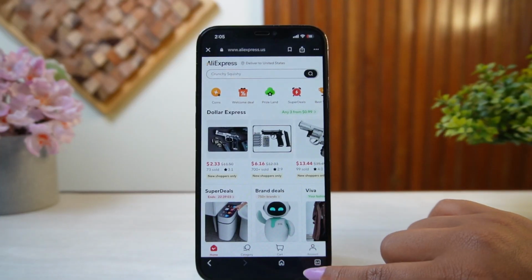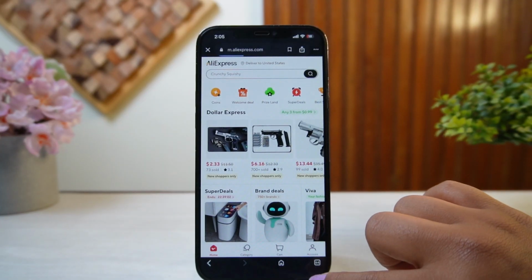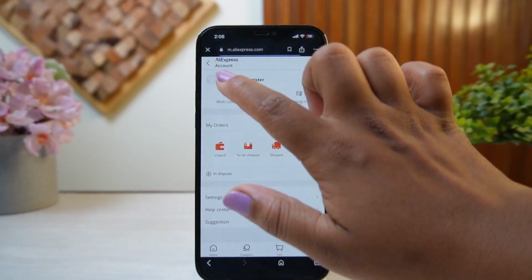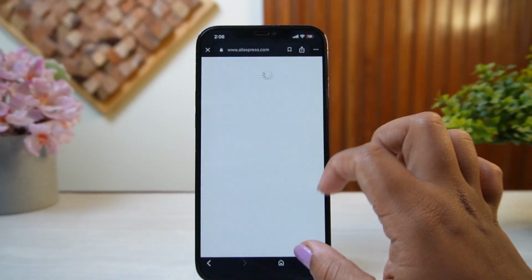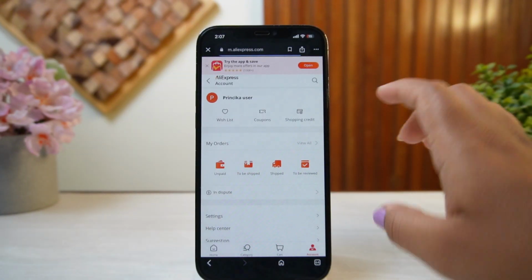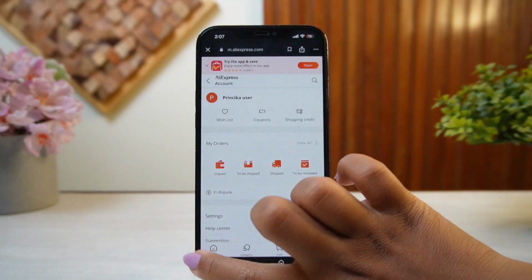You can simply tap on the account icon right here, and then from there you can actually add in all of the credentials of your AliExpress in order to log into your account. You can tap on sign in or register right here, and like I said, add in the credentials, log into your account. So in here, after successfully signing into your account, of course, we're going to get to the dashboard